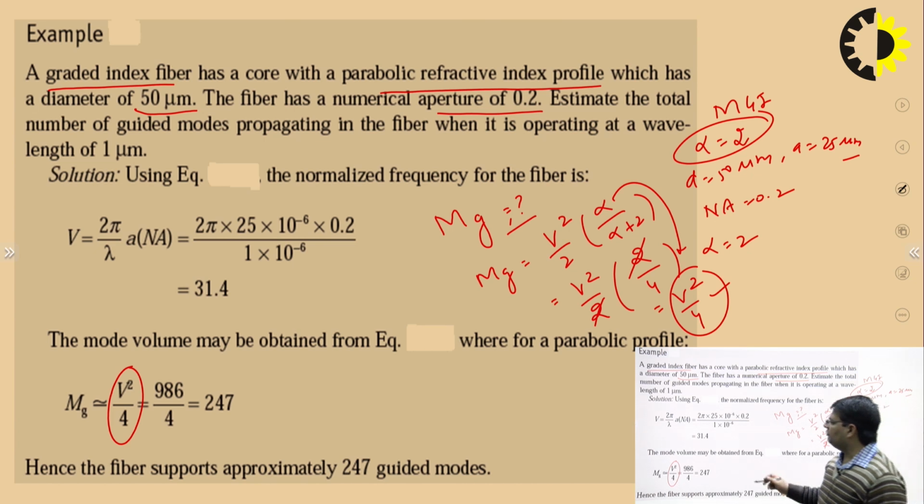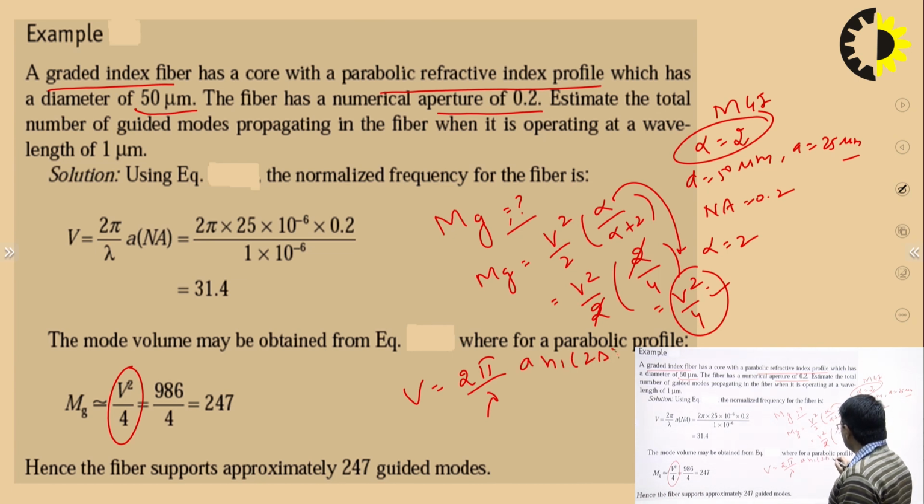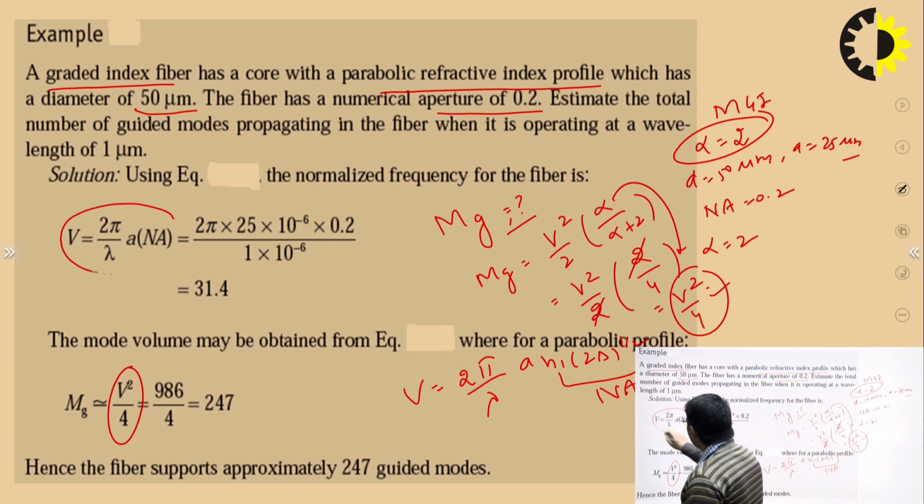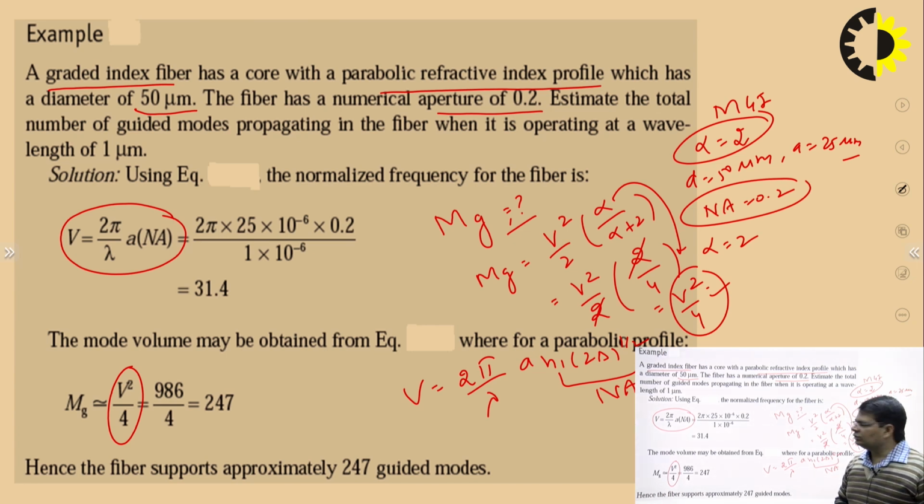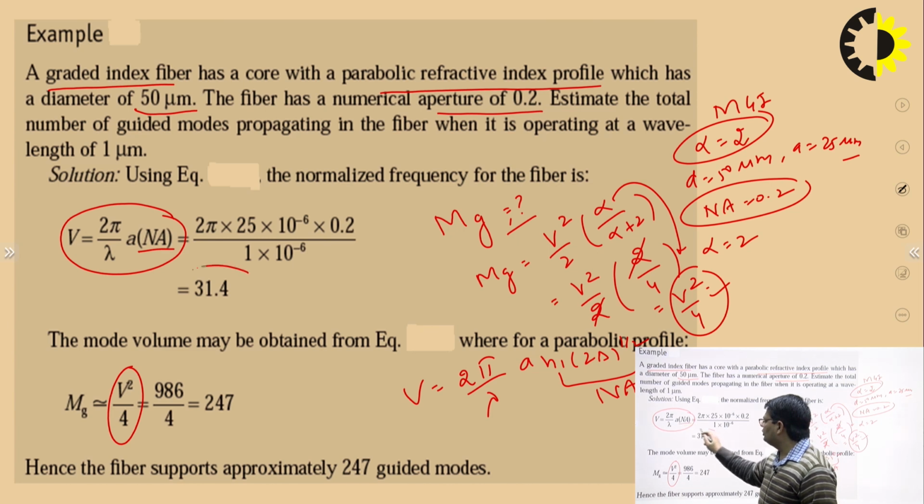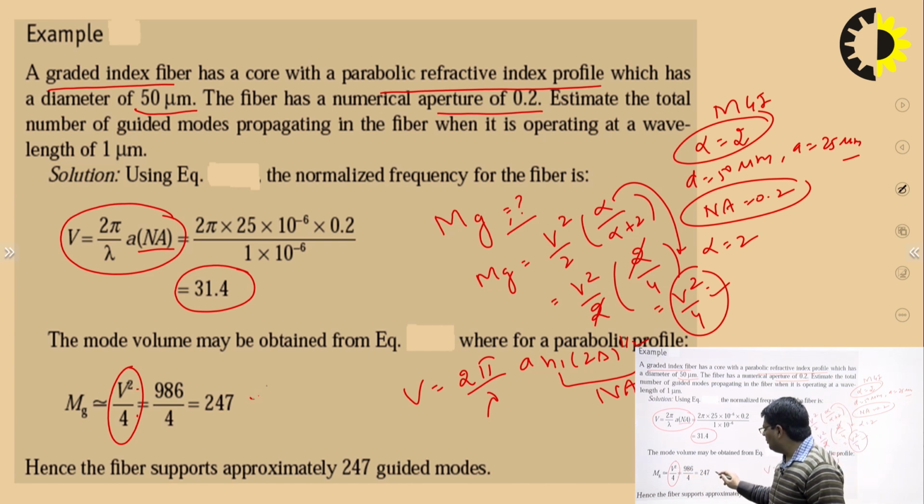Now again we will calculate the v number using the formula v equal to 2 pi by lambda a n1 into 2 delta power 1 by 2. Now this term we know is the numerical aperture. So we will use the formula v equal to 2 pi by lambda a numerical aperture, because numerical aperture value equal to 0.2 is given in this case. So using this formula we can calculate the v number as 31.4, and the number of modes existing are